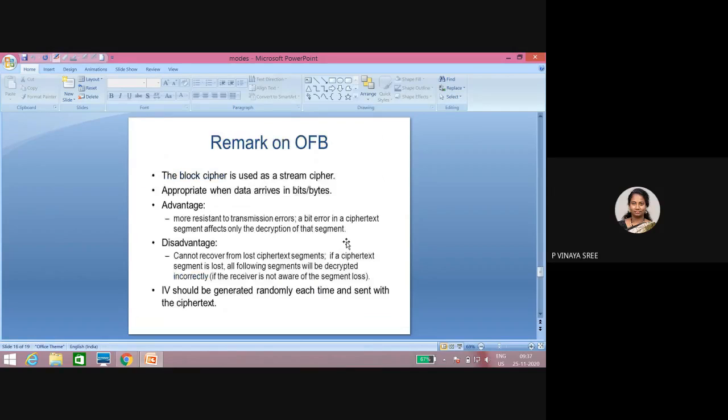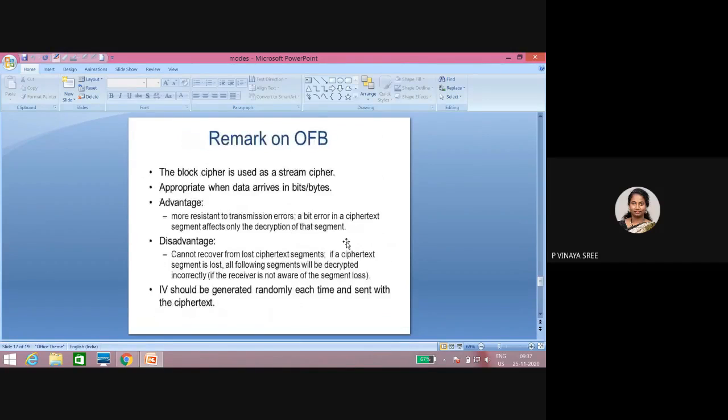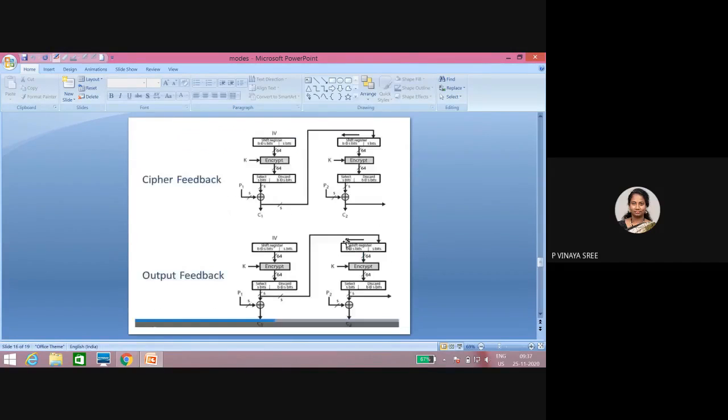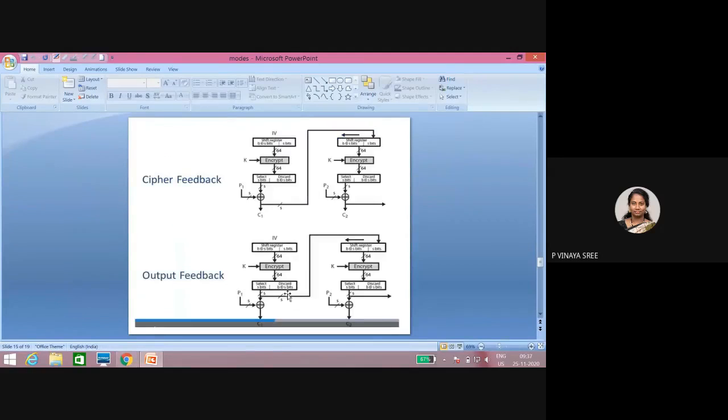So see here, whenever you are in output feedback mode, whenever you are encrypting, Ki minus 1 means what? The output from this, we have considered, not the cipher.